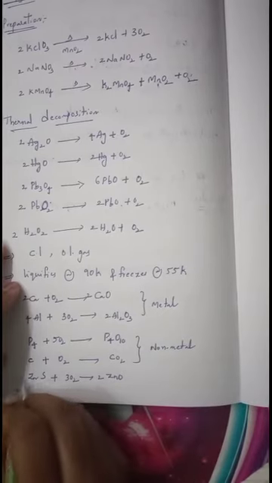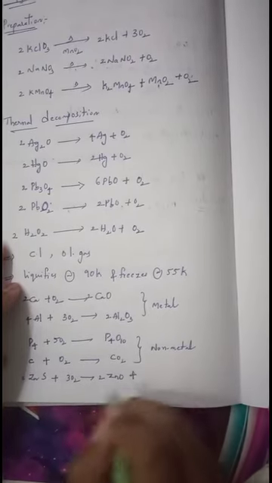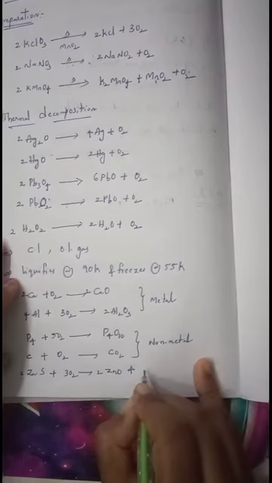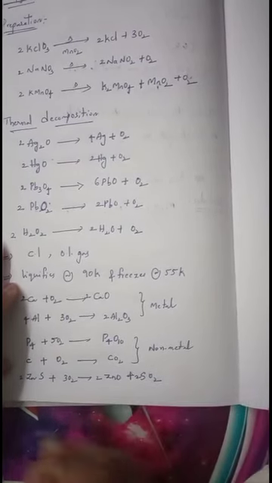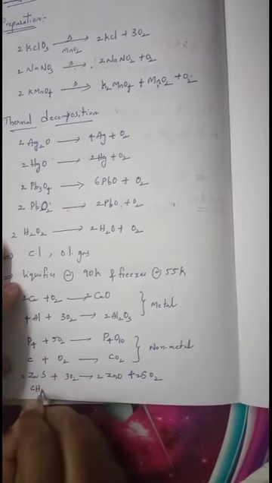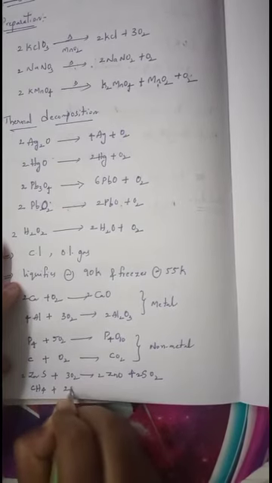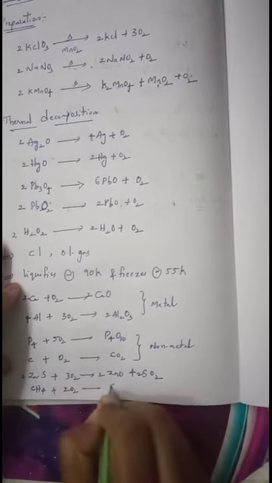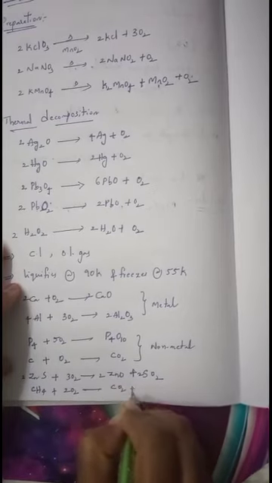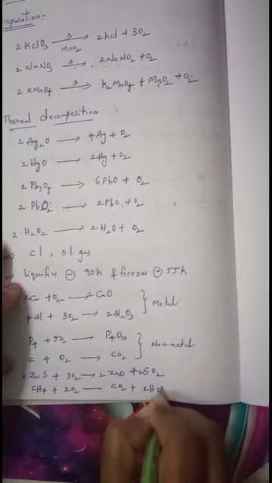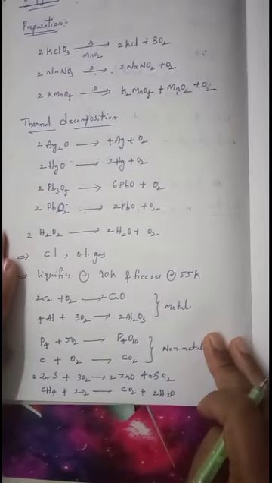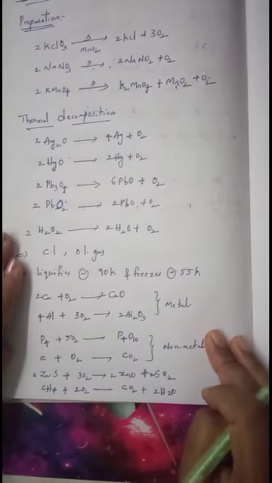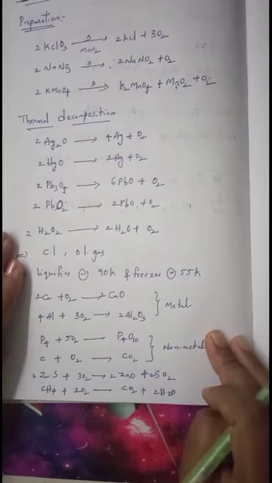Okay, when you take 2 moles of sulfur, it reacts with the remaining moles of oxygen and converts into sulfur dioxide. 2 moles of sulfur dioxide is obtained. When methane undergoes reaction with 2O2, it converts to CO2 plus 2H2O. So these are the important preparations and chemical properties of dioxygen. Now we'll see one more important compound of oxygen.